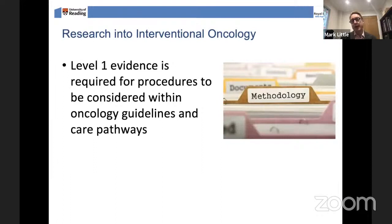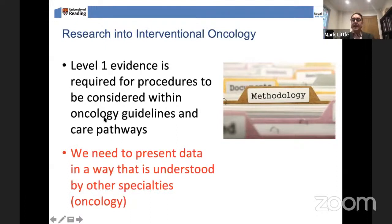And there's a good level 1 evidence for ablation, SIR, TACE, for the treatment of oncological presentations for different cancers. And so we need that data to get into the oncology guidelines and care pathways, because without it, there's no way that we will be able to utilize the plethora of interventional radiology operations on patients with cancer. And that's important. The other important thing to mention is that we need to present data in a way that's understood by other